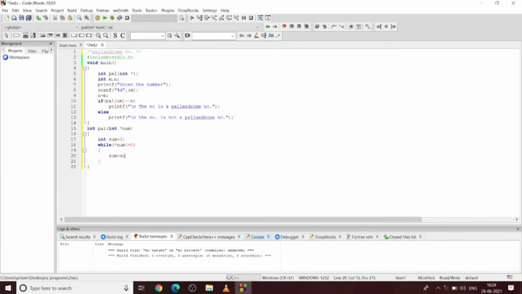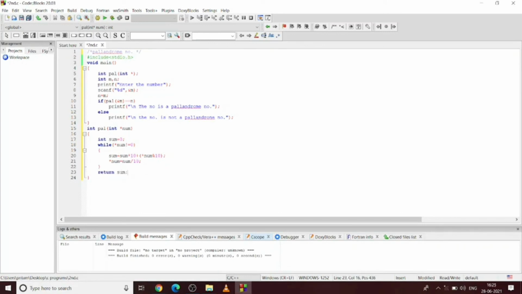So sum equals sum star 10 plus num %10. This will give the remainder. num equals num divided by 10. Now because of this statement, in every iteration the last digit is removed from the number.